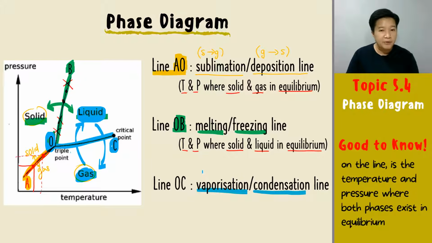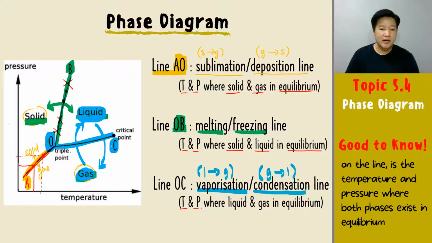Knowing that vaporization is from liquid to gas and condensation is from gas to liquid. Okay? Simple. And obviously the same thing. What will be in equilibrium for this line? At this temperature and pressure on that particular line, the liquid and gas are in equilibrium because your line OC over here is between your liquid and your gas. So at any point on the line OC is the equilibrium between your liquid and